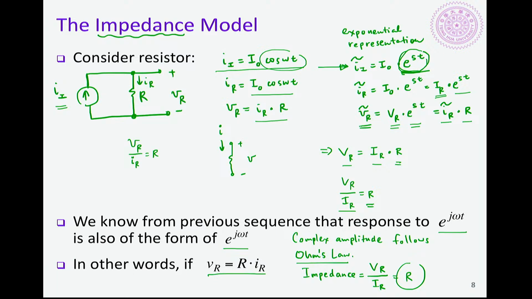Okay, so the ratio of this complex voltage divided by complex current is equal to R. So we said that the impedance of a resistor is equal to R. 好，这边这个 impedance 呢，它是用来帮忙我们解决我们前面在讲的这个 sinusoidal steady state 的问题。